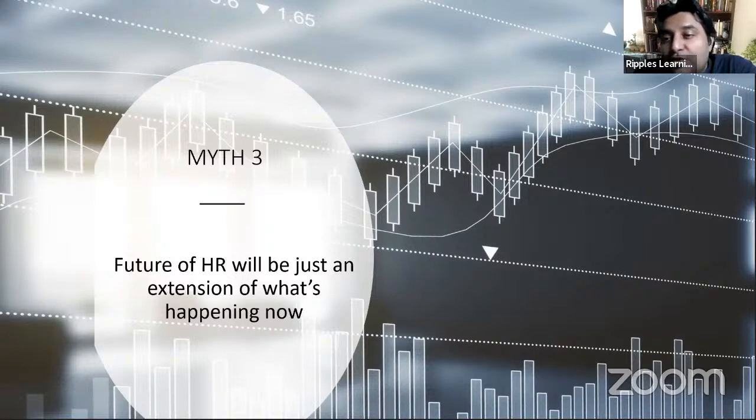There would be a lot of new things that would come in, and a lot of differentiation in HR's job of the future. And when I say future, I'm not talking 40, 50 years, I'm just talking 5 to 10 years, right? And what you would be seeing today, knowing what's happening right now is important. I'm not just saying it makes you aware of the HR processes and systems, but the way the work would happen would change a lot, and we would be dwelling on it in some time, right?